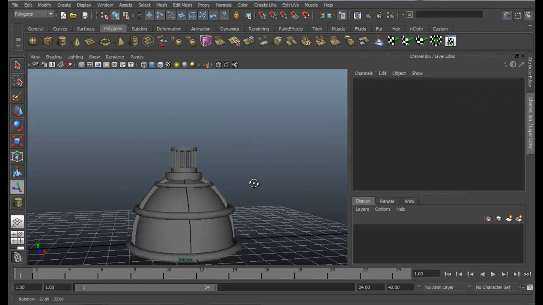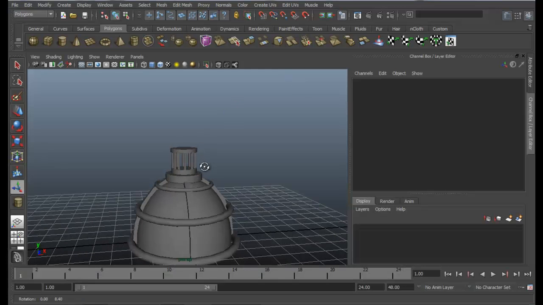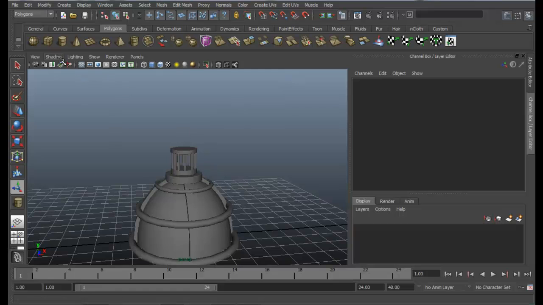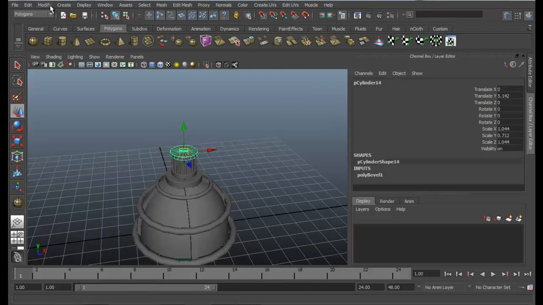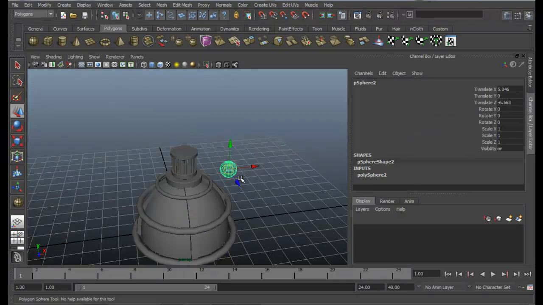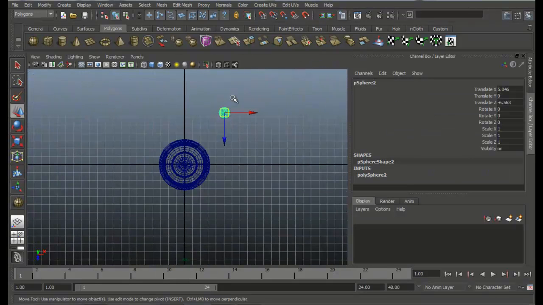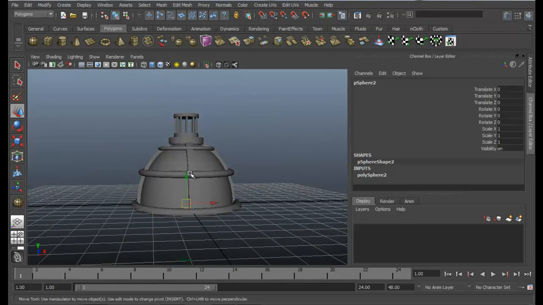Okay, now what we have left is the top part. For that we're going to use a sphere once again. Select the cylinder. Okay, no, that's not necessary. Just create one sphere out here. Snap to grids, position it in the middle, remove the snap, pull it up.